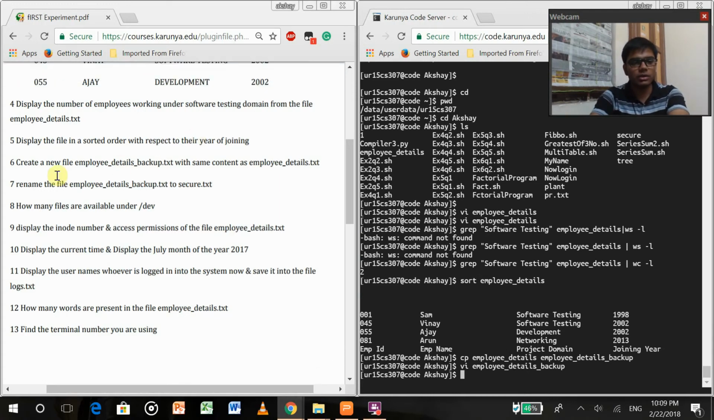Okay, now rename the file employee detail backup to secure. Okay, now secure might be there. See, secure file is already there. So now what is the syntax for renaming? It's just mv. Mv denotes move, but if there is no such file, or if you are doing it to the same file, so just write move